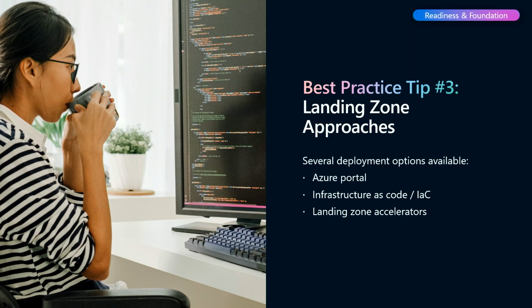But we also then said, that's great, not everybody wants to use Portal. Some customers say, hey, we're more of an infrastructure as code. We want to use templates. We want modules, so we can pick and choose through the templates what we want to do. So we originally started with ARM templates, but then we moved to Bicep, which is available today, and you have Terraform for infrastructure as code.